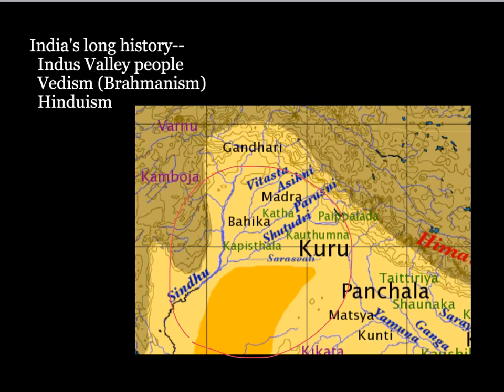They seem to have been really well organized. And let me give you some examples. The cities that have been excavated are organized on a grid system, okay? And what that means is that the streets run parallel to each other and then perpendicular to each other in really close to 90-degree angles. And that's amazing. That's incredibly early for such an organization. And in fact, we're not going to see that organization again until we hit the Roman Empire quite a bit later.